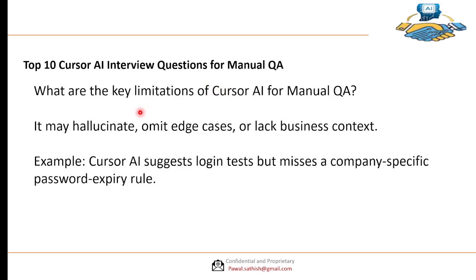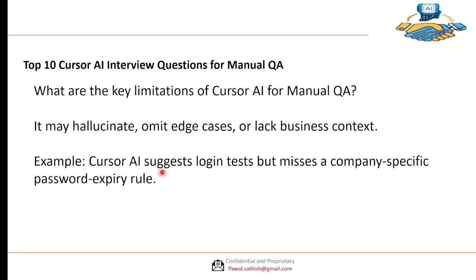The next question, what are the key limitations of Cursor AI for manual QA testers? The limitation is that it may hallucinate. That means it can give false positive test cases as well. It will omit edge cases or lack business context. Here is one example: if you ask Cursor AI or any AI tool to provide manual test cases or scenarios for a specific user story,